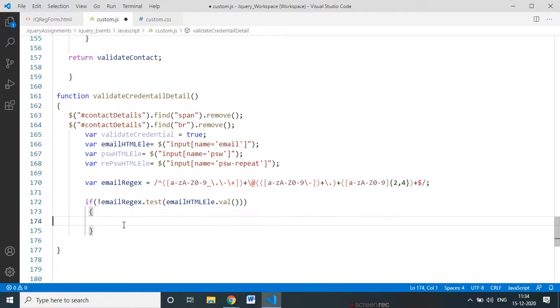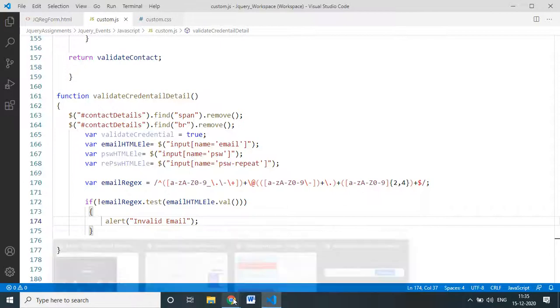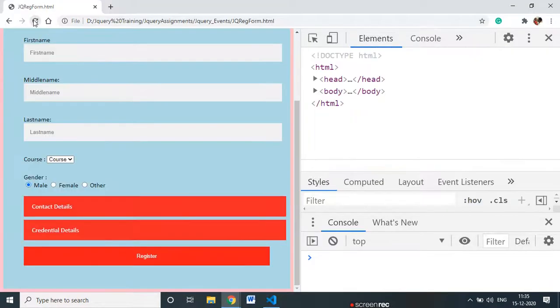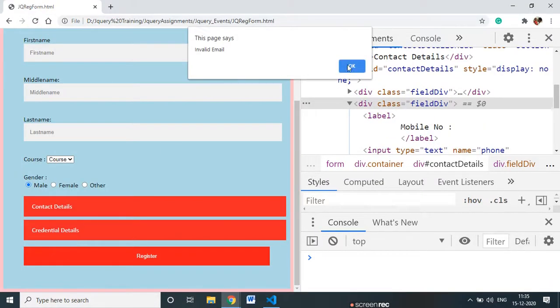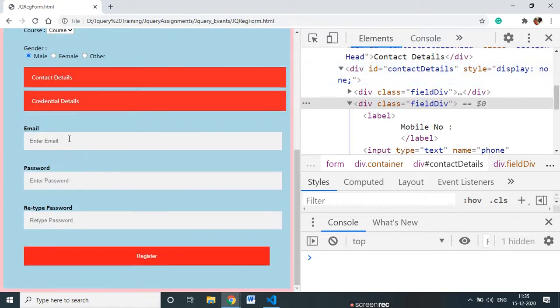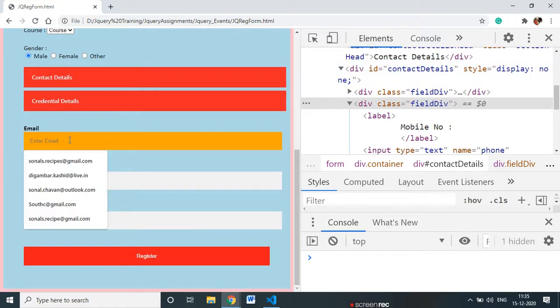Moving ahead, I just give one alert to test the functionality. Alert: invalid email. So go back and check that, refresh it. I directly go here. It's the initial stage only, and it's saying invalid email because the counter is not applied there.